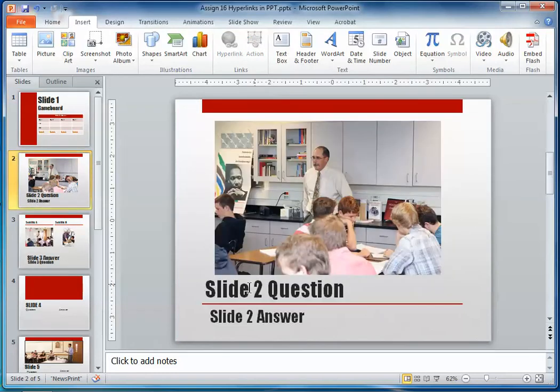So here's our question slide, and it's not formatted. Of course, you'll present the question, and then you'll have an animation on the answer so that they won't see the answer until they click. But now I also want to have a hyperlink somewhere out of the way in order to return to the game board. So on the Insert tab, I'm going to choose Text Box, and I'm going to click and drag